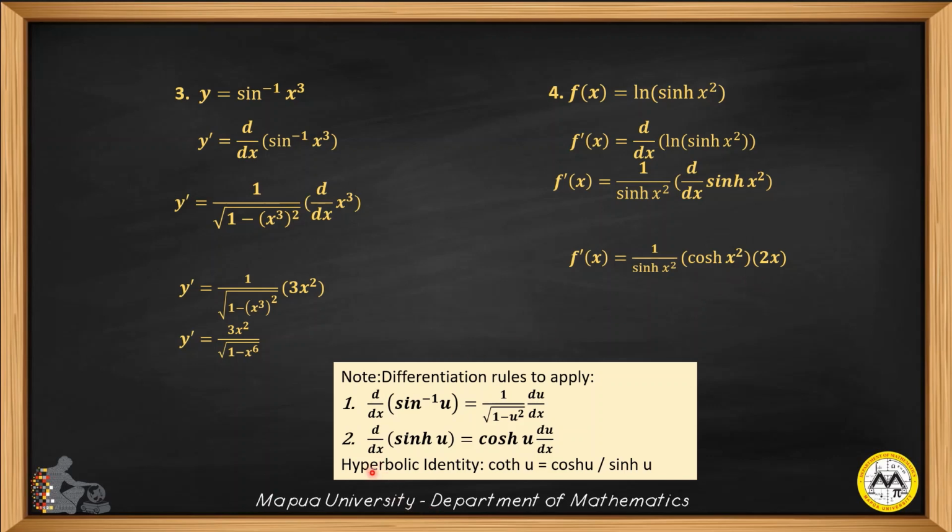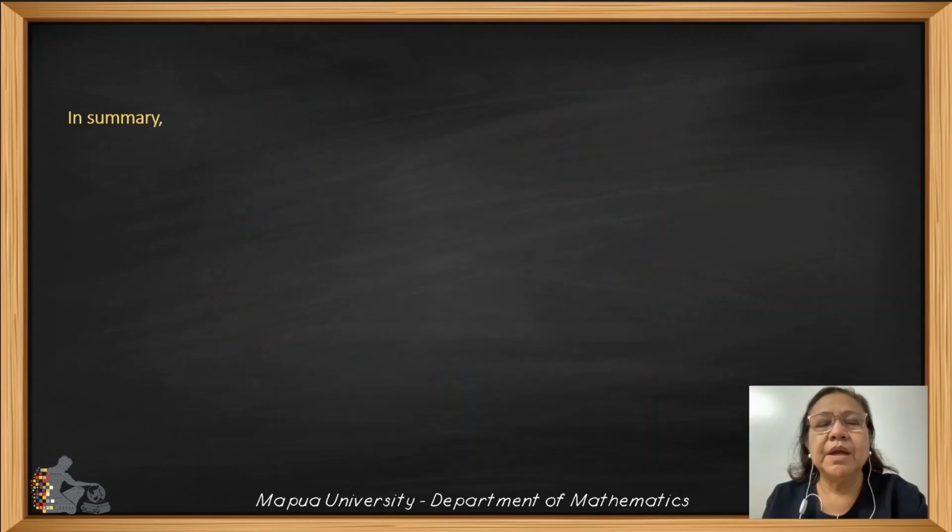Now, using this particular hyperbolic identity for the hyperbolic cotangent of u, the ratio of hyperbolic cosine of x squared to hyperbolic sine of x squared is now replaced with the hyperbolic cotangent of x squared, and therefore we now have the derivative f prime of x equal to 2x times the hyperbolic cotangent of x squared. In summary,